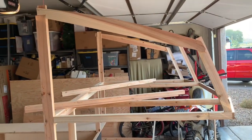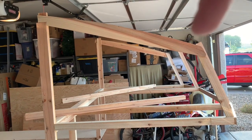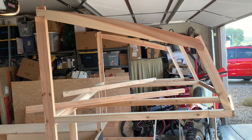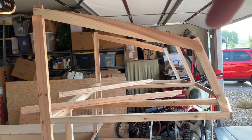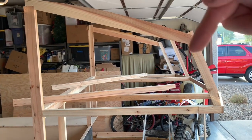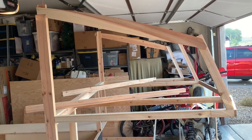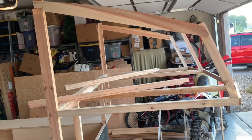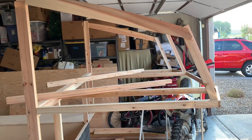But here's where I think the interesting look should come into play, and I'm very excited. Obviously, I'm still framing it up, so I haven't trimmed it smooth. You can see some wood sticking up there that won't be there. Actually, the wood that you see, sorry guys for my finger here, is for the part in the front. But anyways, you can see the roof is going to have a nice sloping, subtle curve, and then the